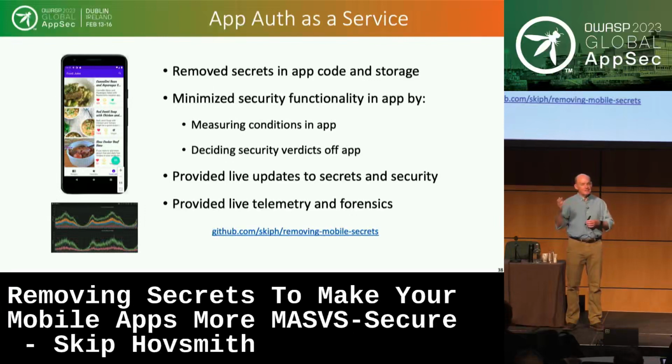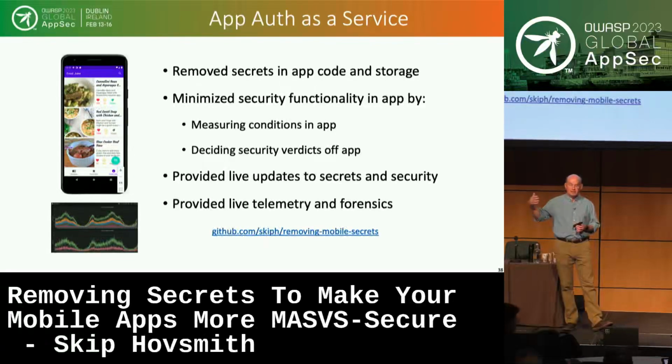So it's kind of, is it data? Is it code? It's downloading a configuration in there. It looks like data, so it doesn't violate any of the Play Store and App Store policies. So you do have the ability, assuming the device attestation is correct, to get some additional measurement capabilities downloaded into the SDK, or at least a list of signatures or something like that to go through. So not only can you change secrets, but you can also upgrade the security functionality via detection enhancements up in the service.